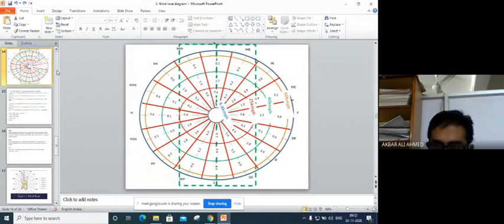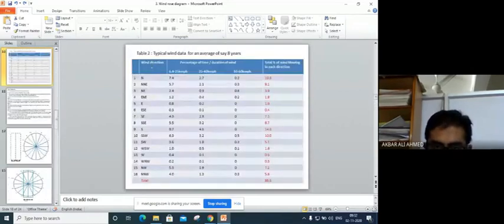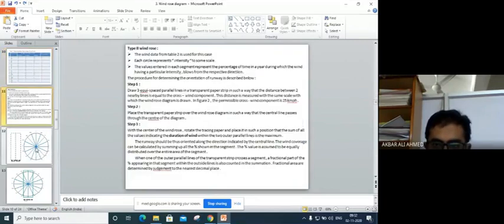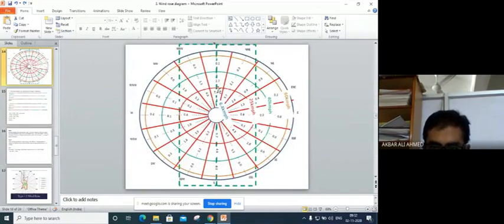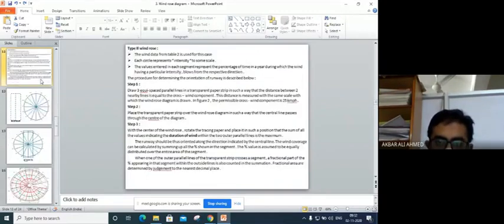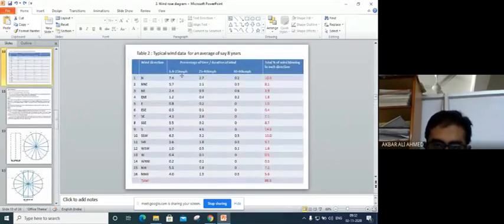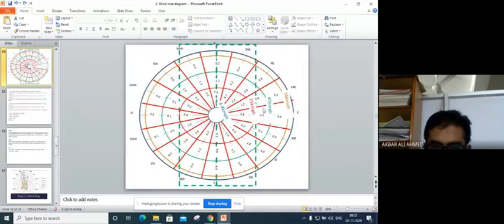For example, how much did I get here? You see, for north, 7.4. That time in the type 1 wind diagram, I used the final value. Now I am using individual values. In the north direction I'm using 7.4, but not on this vertical line. I'm covering one area. This is called a segmental area or sector. In this sector I'm trying to cover.